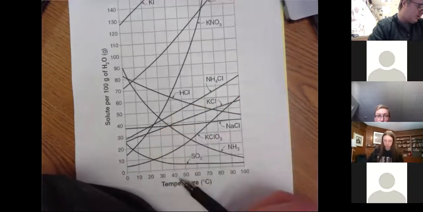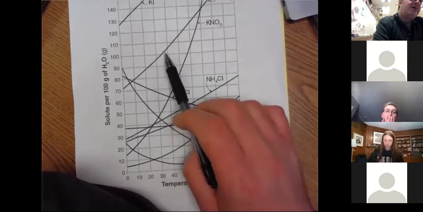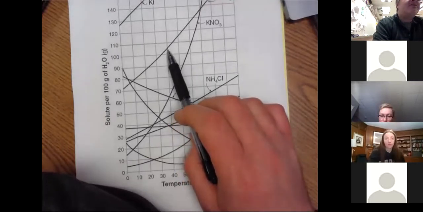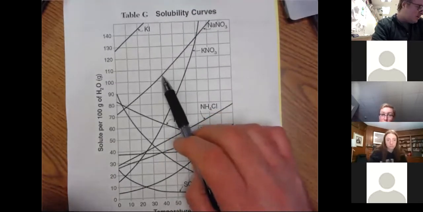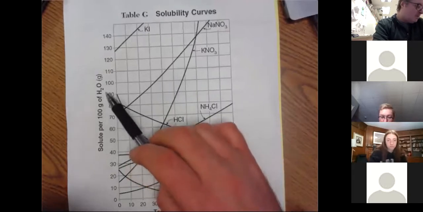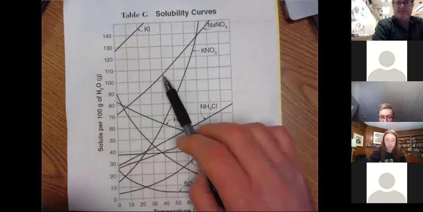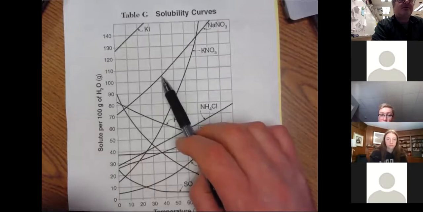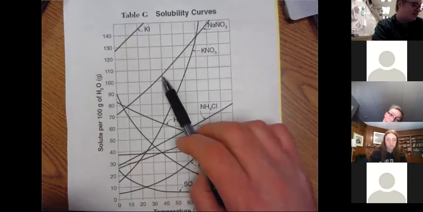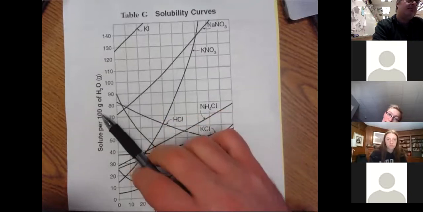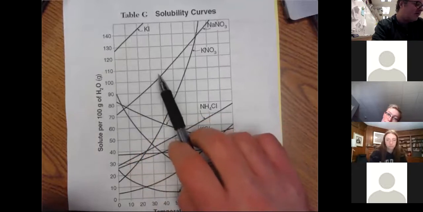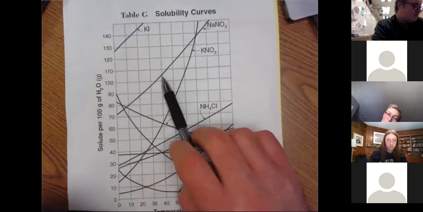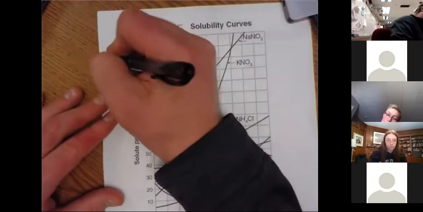if we just pick 40 degrees Celsius. At 40 degrees Celsius, if we have 105 grams of sodium nitrate dissolved in 100 grams of water, we are at our solubility point. That is the maximum solubility, or that is the saturated solution of sodium nitrate. At 40 degrees Celsius, 100 grams of water will be able to dissolve 105 grams of that salt. So let's try this one more time. At 40 degrees